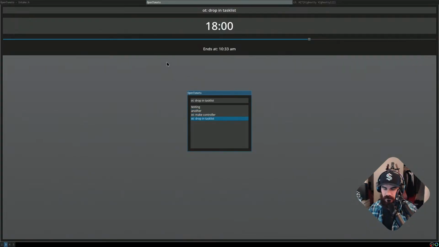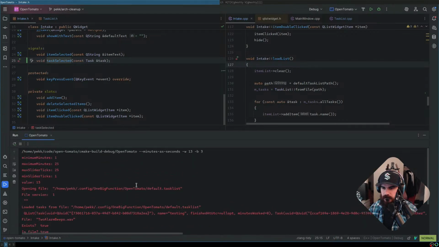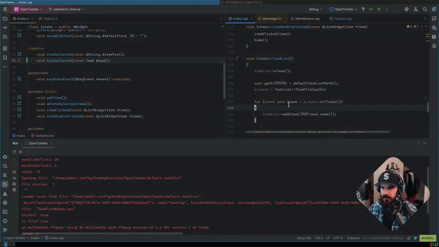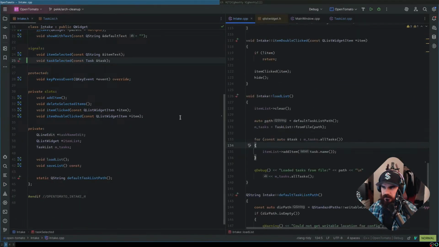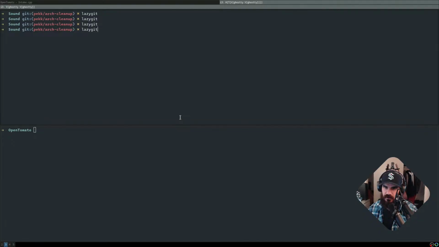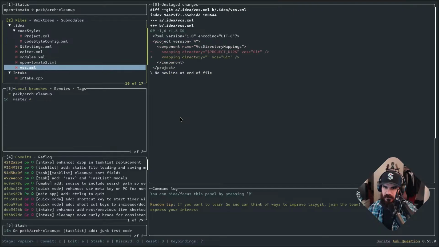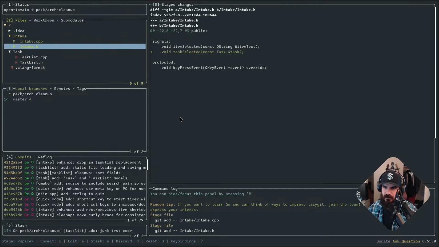But that's okay. This is cool. We're loading files and things. We might need this. I'm just gonna commit this change for now. We're not observing this signal yet, but I'm just gonna commit it for now.